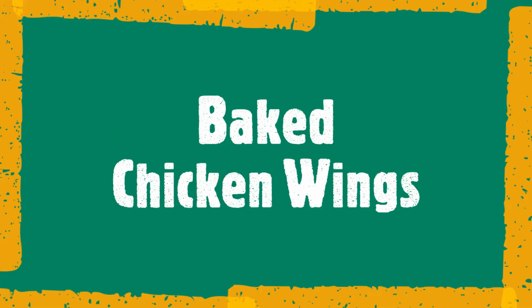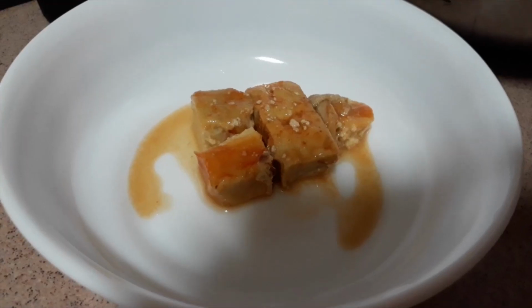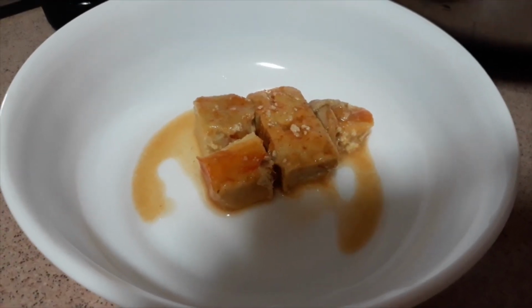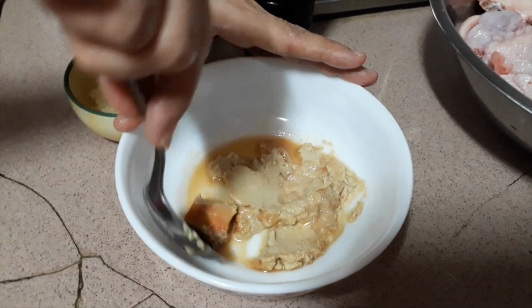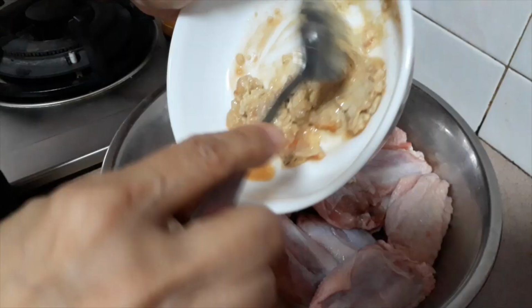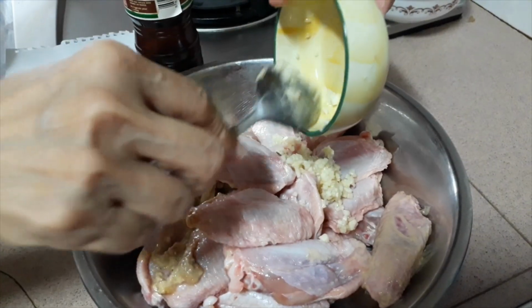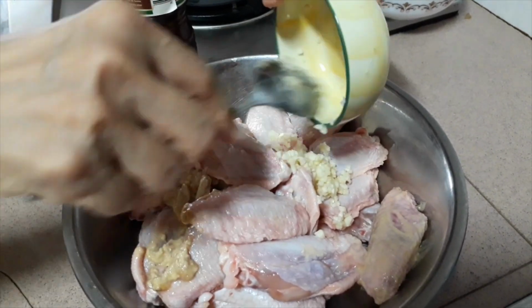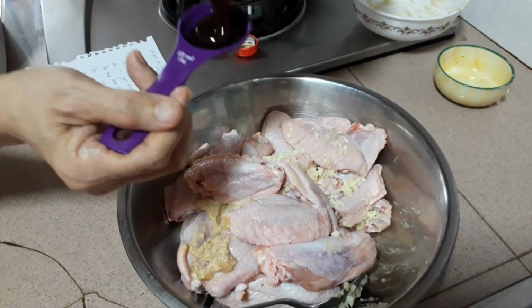For the baked chicken wings, we have 24 mid-joint wings. Marinate the wings with 4½ fermented bean curds, 1½ tablespoon of garlic, 1½ tablespoon of oyster sauce,